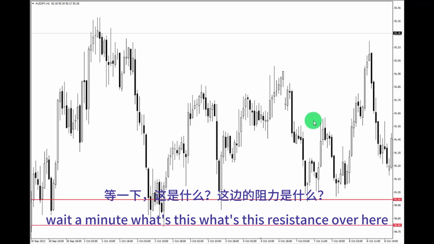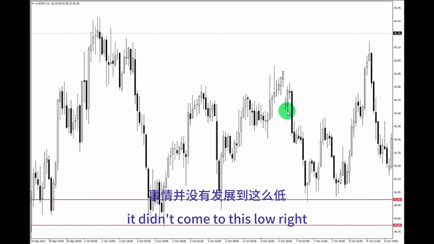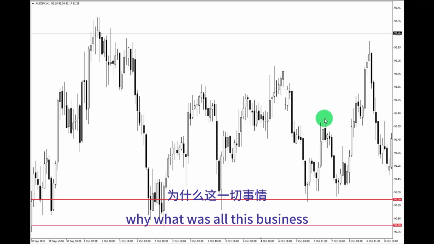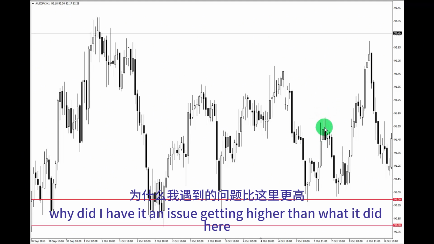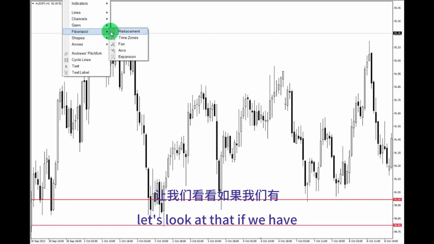Well, wait a minute, what's this resistance over here? I mean, you have this big candle here, okay, but where's the resistance? It didn't come to this low, right? So where's the resistance? Why? What was all this business? Why did it have an issue getting higher than what it did here? Let's look at that. If we have